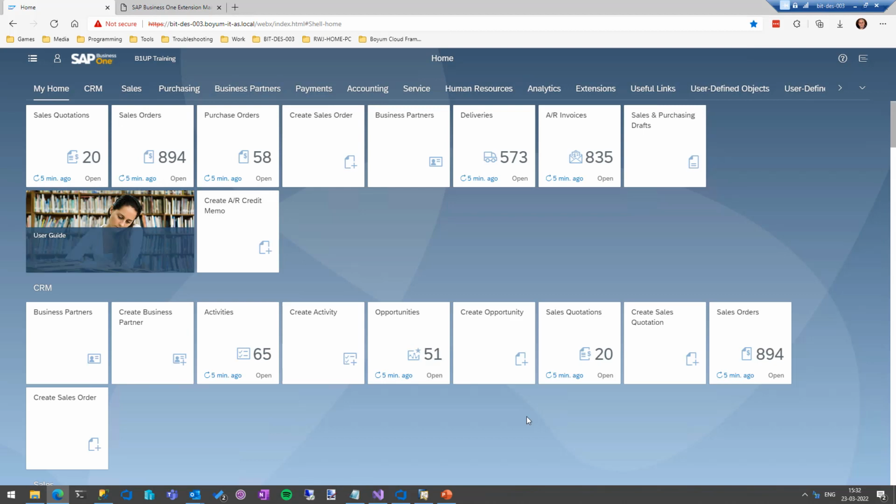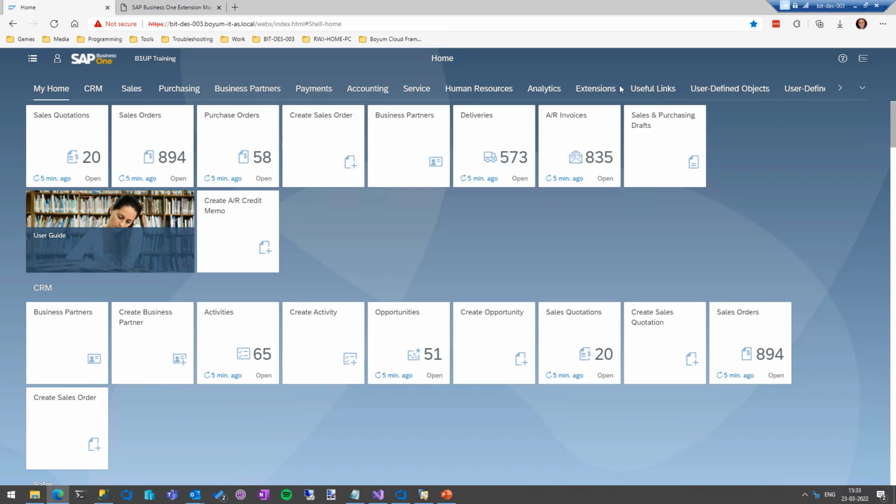So here we are in the SAP Business One web client, and it's here that this tool can actually create new tiles in here where you control where those tiles go. So that would make sense if you have some loosely coupled apps, some web apps in general. For example, if you have the B1 cloud apps, or if you or your customer have a web shop, or whatever it is you wish to have here, you can have tiles that can go to them, and we'll see what the different options are to do